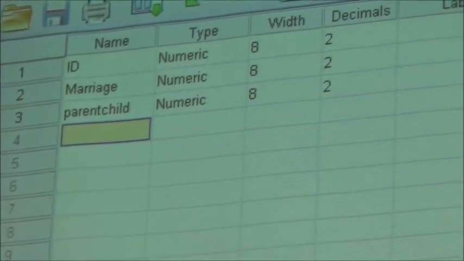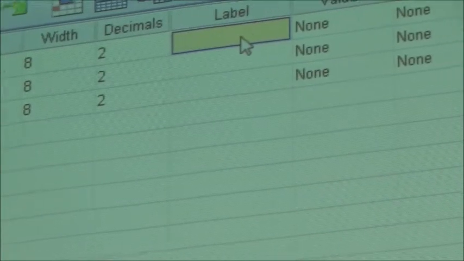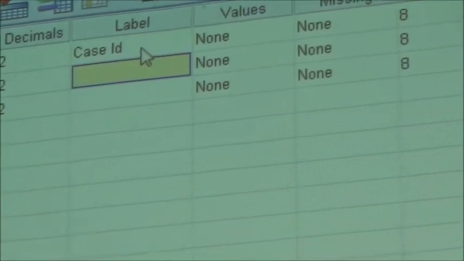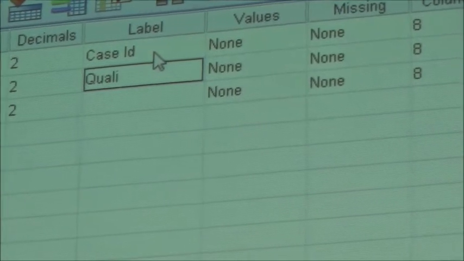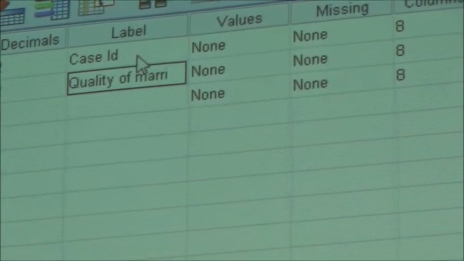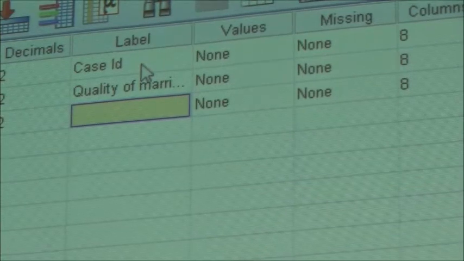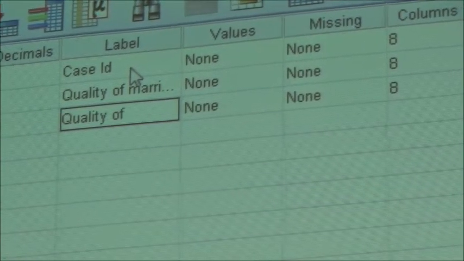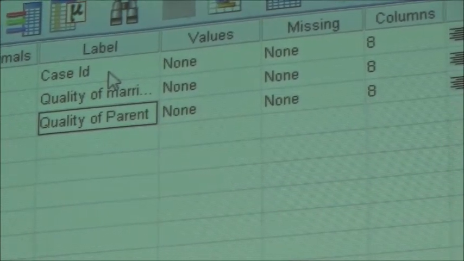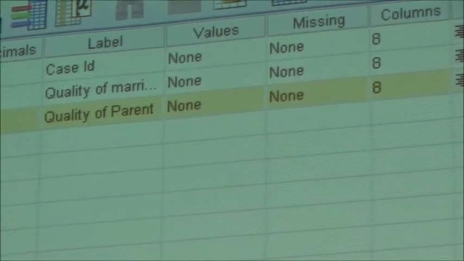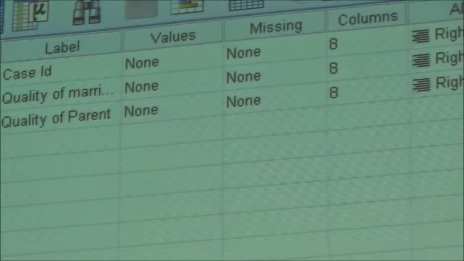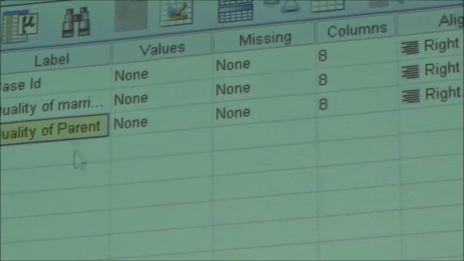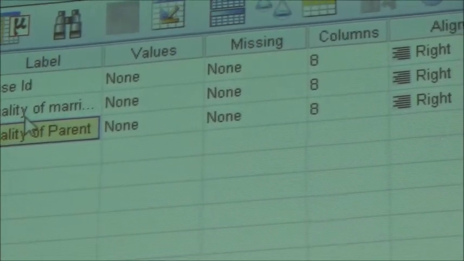All right. Then case ID, label, case ID, quality of marriage, and quality of PC, parent-child relationship. So quality of parent-child relationship, right?